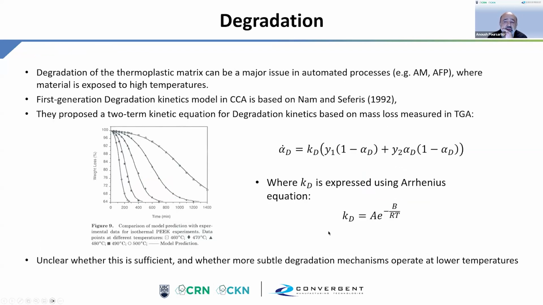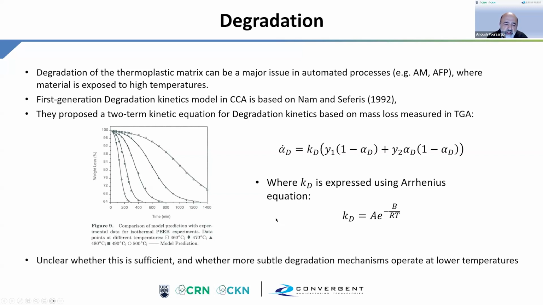How about degradation? Again, there was a first generation degradation kinetics model put out by Nam and Seferis quite a long time ago. And they proposed a model that was based on mass loss in a TGA. And so again, you come up with a parameter, which is alpha D, the amount of degradation. It goes from 0 to 1. And again, there's a thermal component to it. There's an Arrhenius relationship with temperature. And this is what's typically used at the moment to come up with an upper bound to the